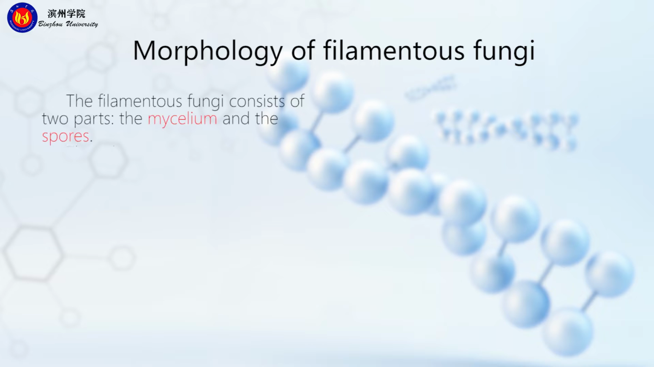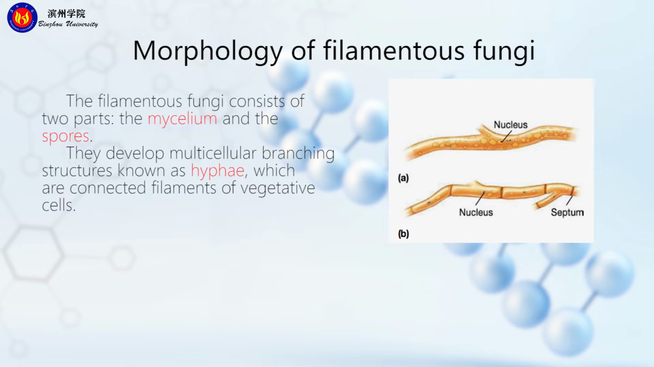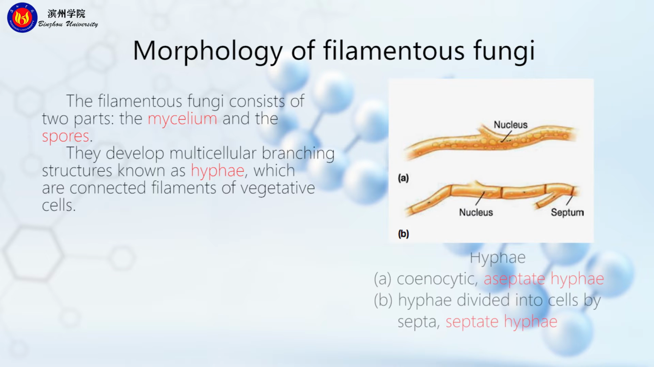The filamentous fungi consist of two parts, the mycelium and the spores. Filamentous fungi develop multicellular branching structures known as hyphae, which are connected filaments of vegetative cells. You can see the picture on the right. There is hyphae. Picture A shows